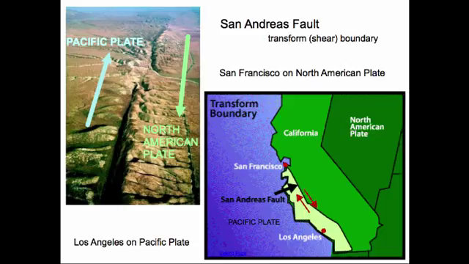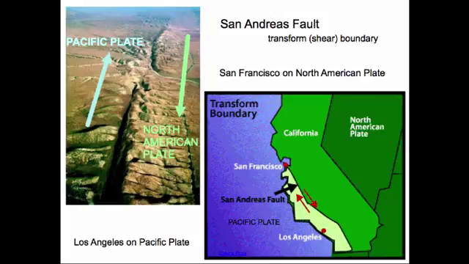So here is the San Andreas Fault. The picture on the left is how you would see it from very high up. I've heard that you can actually see it with a good telephoto lens from outer space. And then the picture on the right here is kind of the common diagram simplified, where you can see the